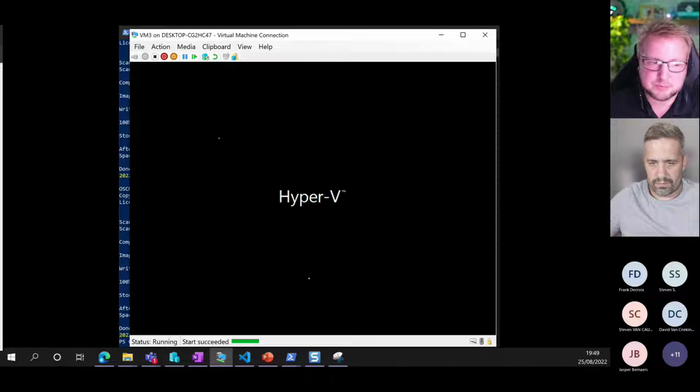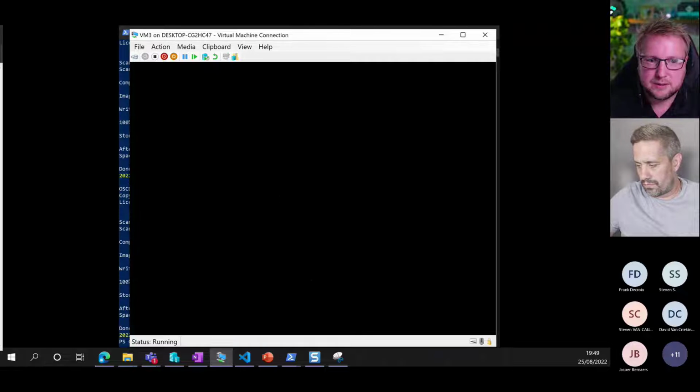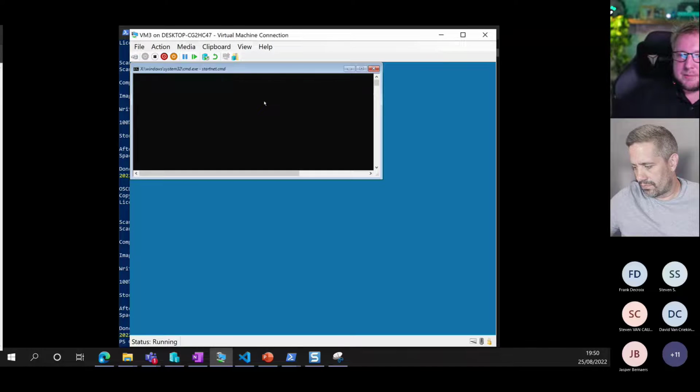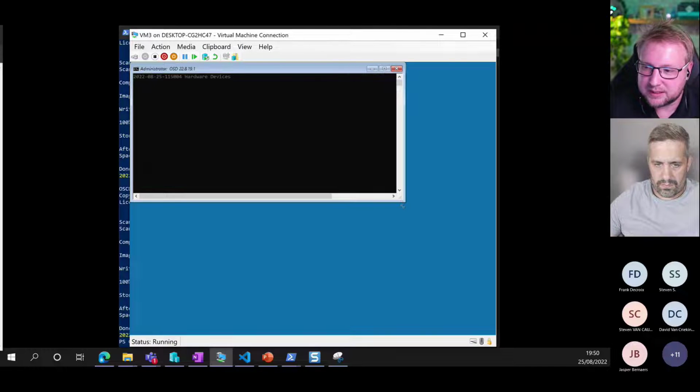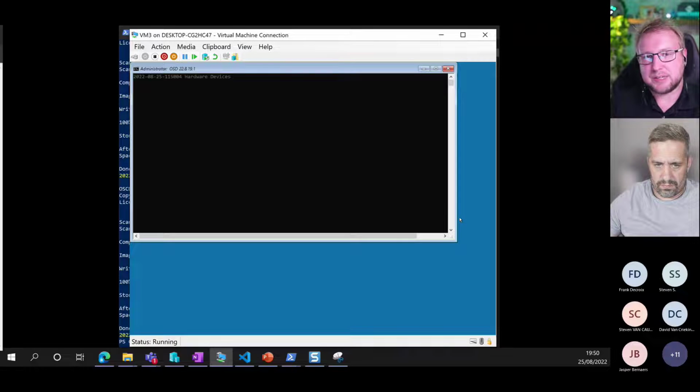Just press any key to boot from DVD, and what we'll get is a command prompt, right? So this is different from your normal WinPE. Normally WinPE would ideally give you a way to install Windows, and this is going to start command prompt for us, go through a couple of things and do whatever you've asked it to do in that edit WinPE. For me, I didn't ask it to do anything apart from start automatically, so it's going to go ahead and do that. And in a few moments, you'll hopefully see it open a PowerShell window